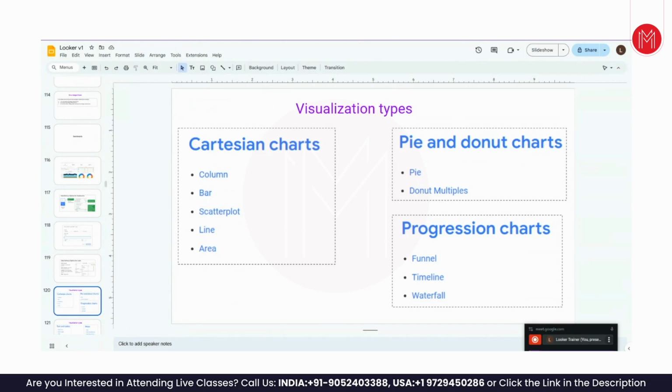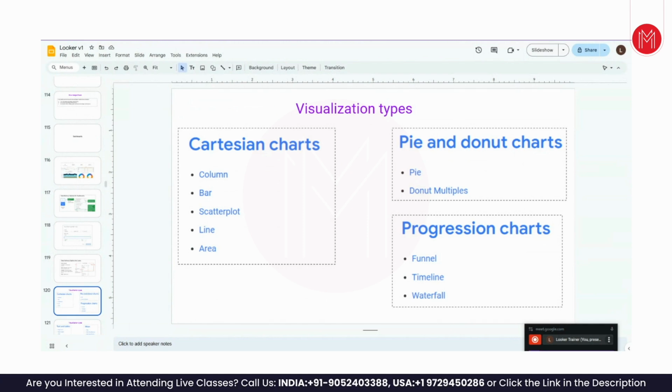Today, what we are going to see is specifically related to visualization. Here, we don't have to write any code, nothing. Simple drag and drop is what we will be doing to create different visualization types. For what kind of data, what visualization to choose, you might have some understanding because you have experience